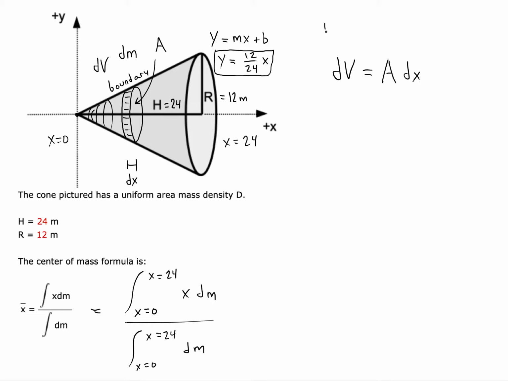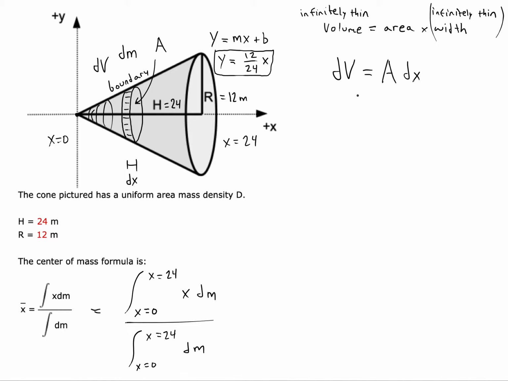Anytime we find a volume, it could be an area times a width. But this is an infinitely thin volume, so we would use an infinitely thin width. Alright,